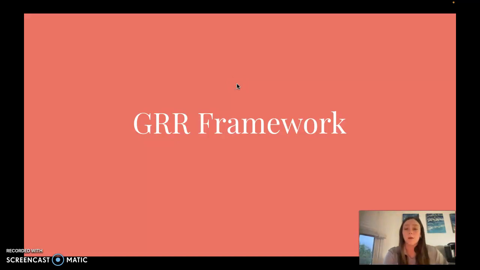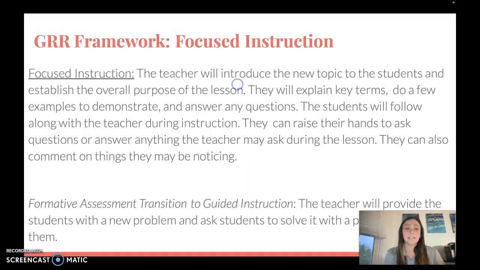So the GRR framework, how is that involved in this lesson? As far as focus instruction, the teacher will start the lesson by introducing the new topic to the students, and they will establish the overall purpose of the lesson. The students will be able to ask any questions, ask about any key terms, that sort of thing. The teacher will go through examples with the class, go over any key words and items that the students need to know, and get the lesson started. So it'll be a solely